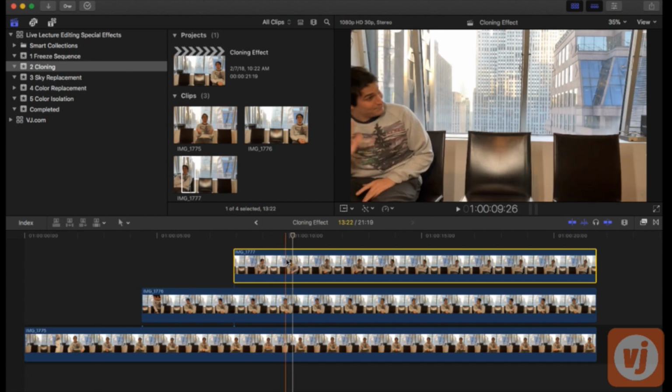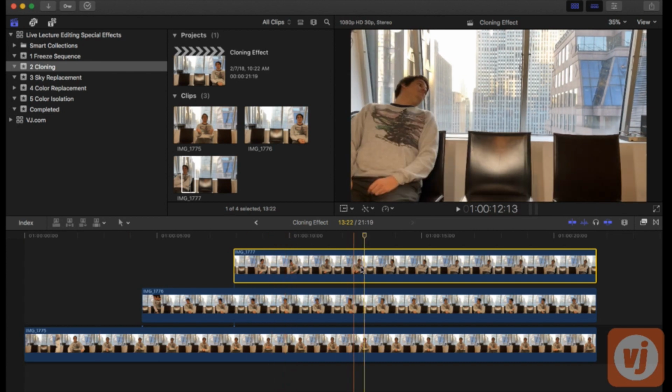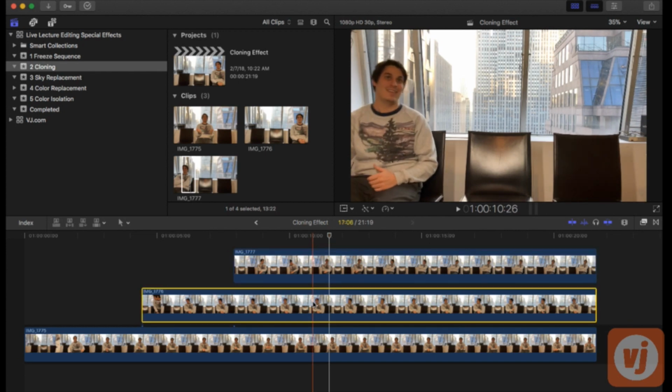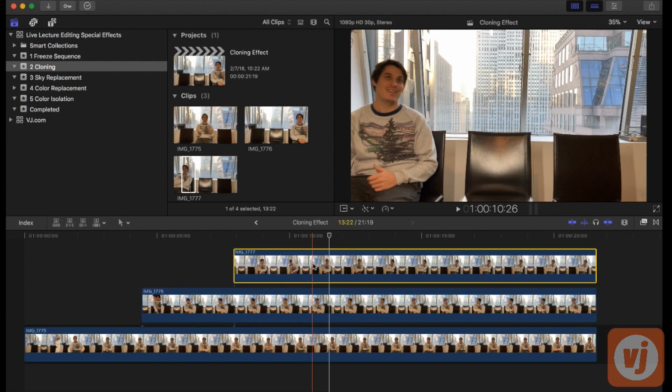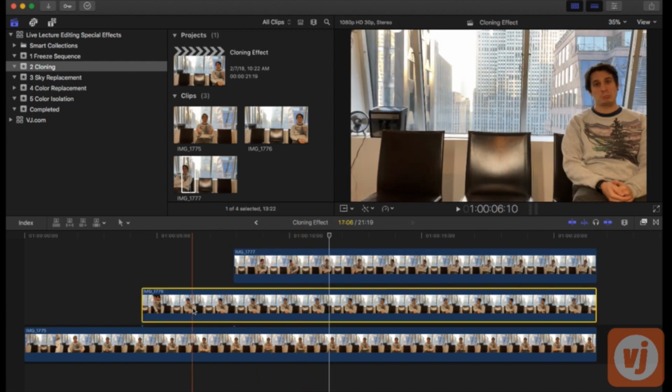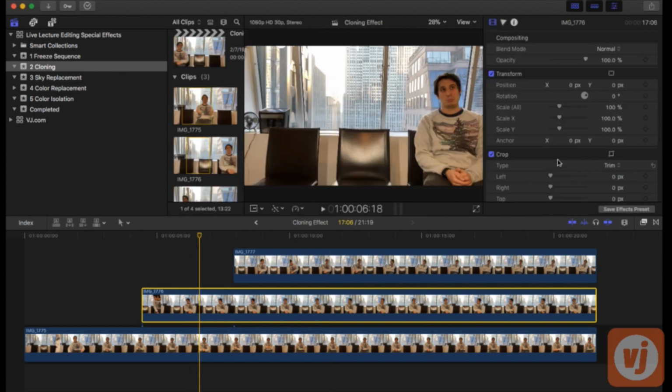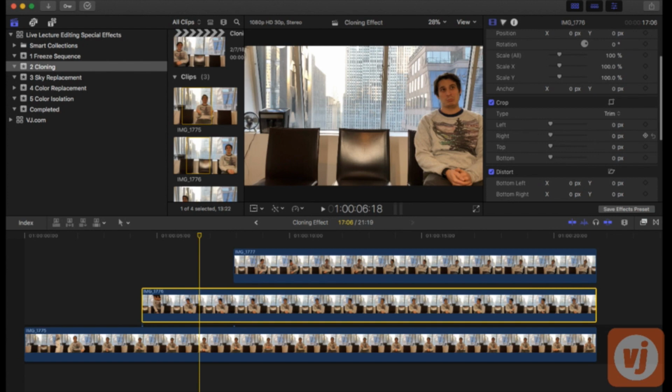Now, we can't see all 3 yet, of course, because as we know, you can only see what's on the topmost track in Final Cut. So what we have to do is crop these 2 shots so that the other 2 can be seen. It's actually very easy. So I'm going to select the shot with the clone on the right, go into the inspector, scroll down, and now I am going to